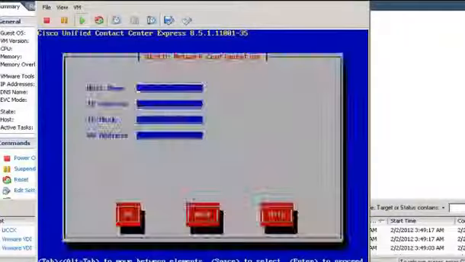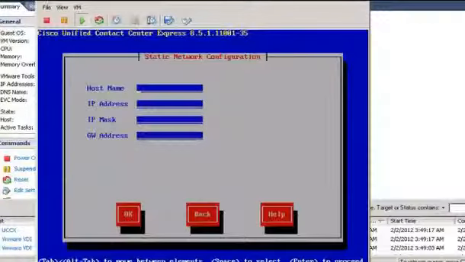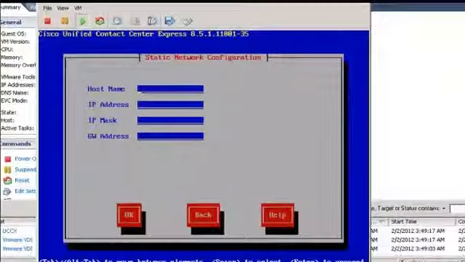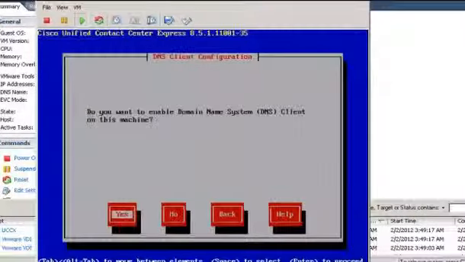In the static network configuration window, enter the host name, IP address, subnet mask, default gateway, and press Tab and press OK. In the DNS client configuration window, click the Tab key, select No and press Enter.